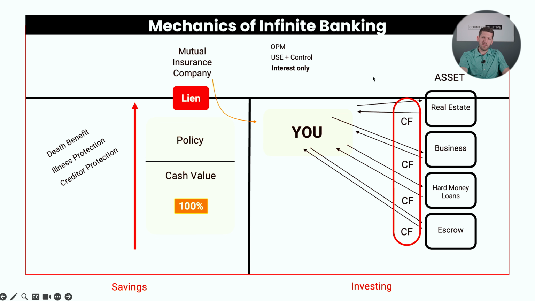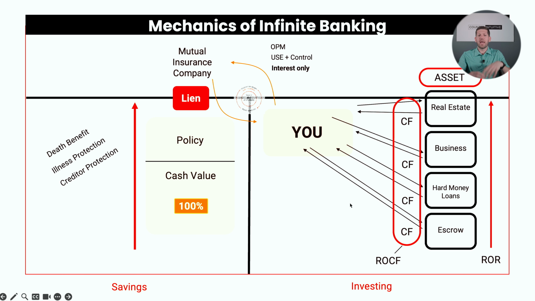Now, these assets over here are going to give you a rate of return, hopefully, if you bought them right, and then a rate of cash flow. So it's paying you each month or every few months or every year. Then you are going to have this system where you have your savings working for you, right? Then you have your investments working for you, and you pair them together, which is really infinite banking, because you're also the lender, right, to yourself.